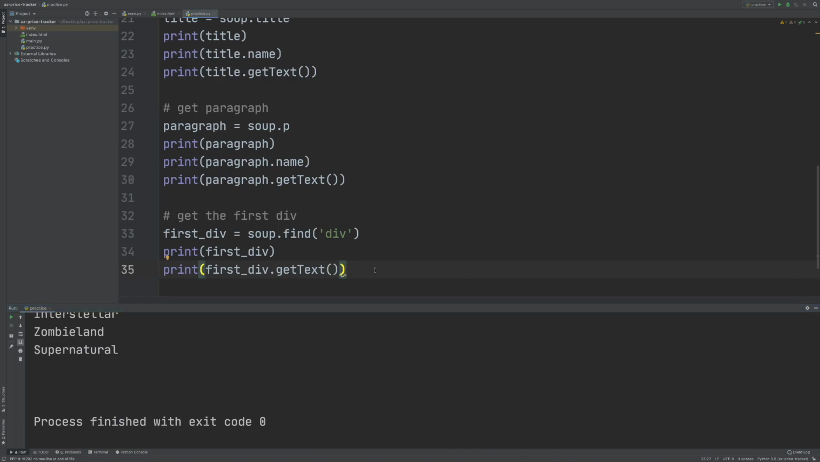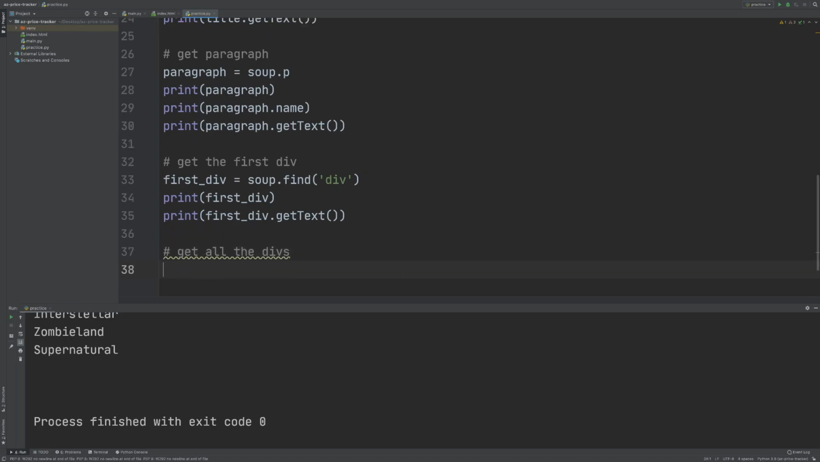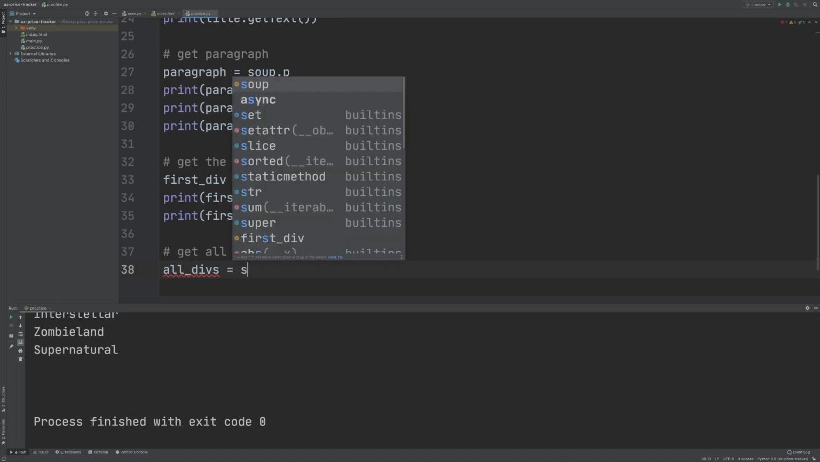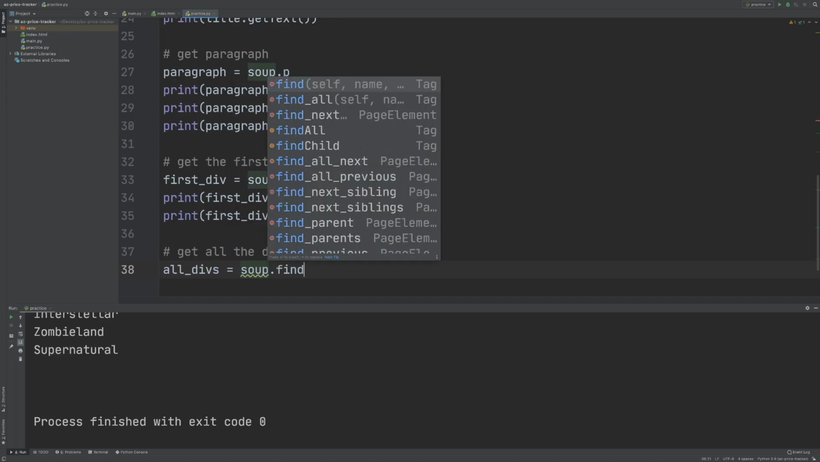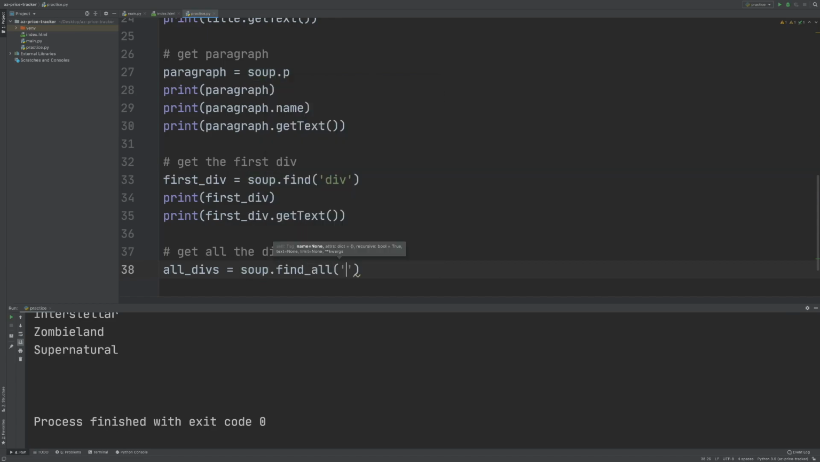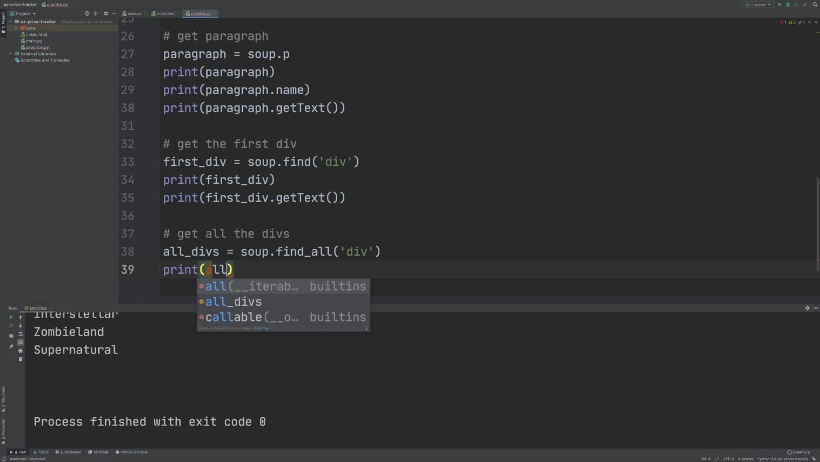Let's grab all the divs. So I'm going to write a comment below, get all the divs, and I'm going to create a variable all divs, and we will use find all method this time. So soup find all, and we are searching for div, and let's print all divs. All right, I'm going to run it,